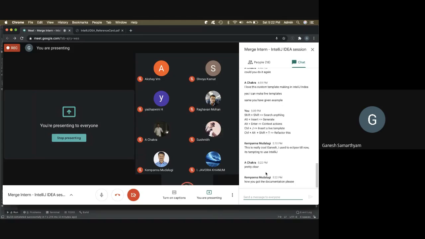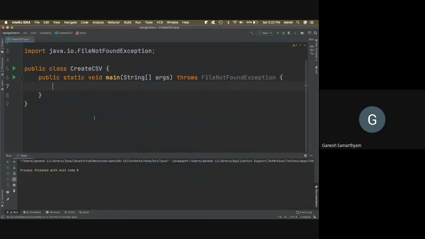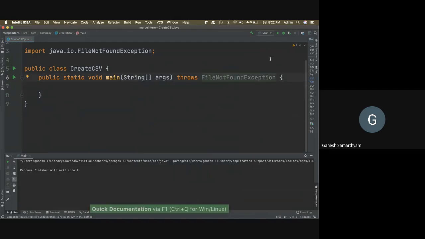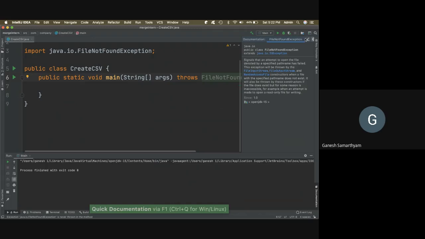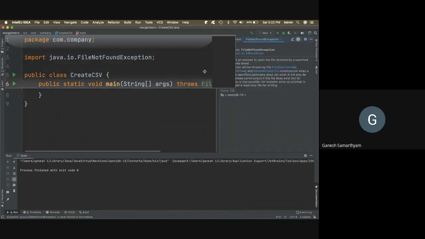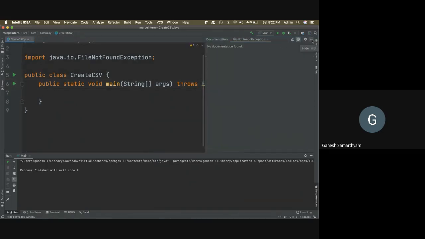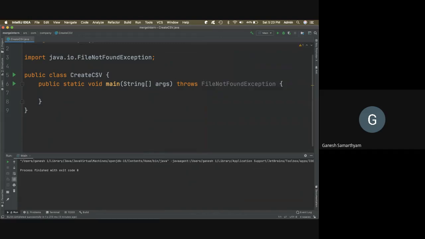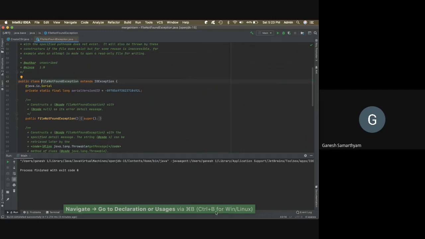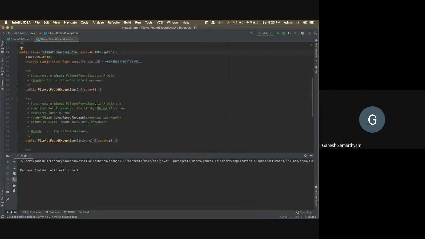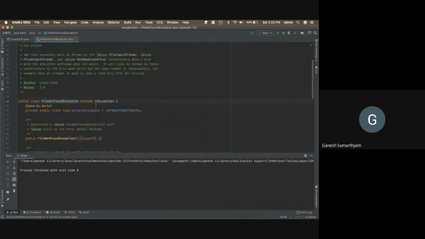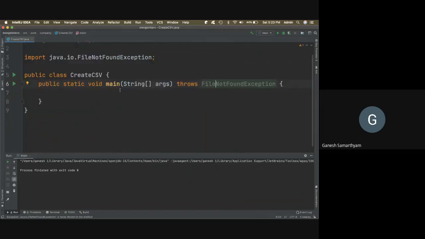Really glad for that. So, how I got to the documentation is you point at anything, for example, FileNotFoundException, and press F1. F1 is our help, right? So that is our documentation. Often you may not find this useful, so you can do Command B, Control B for Windows, and you can go and see the file and the code itself. And once you're done, you can say Command W, close that file, and come back to your original place.